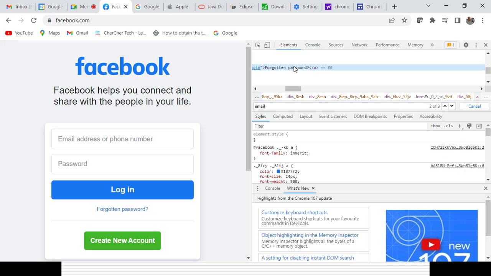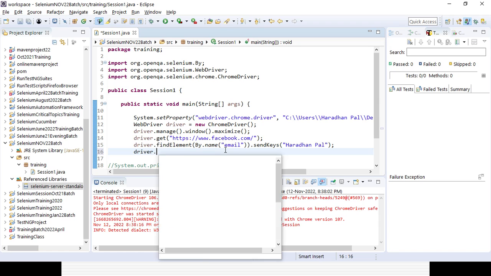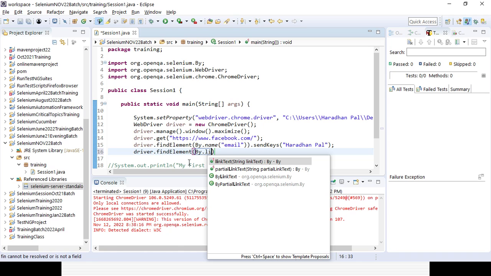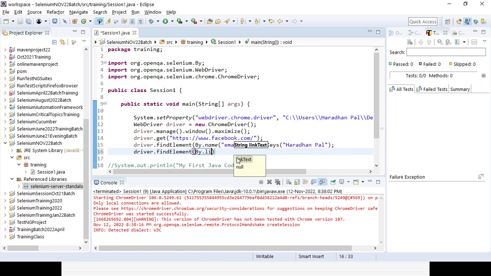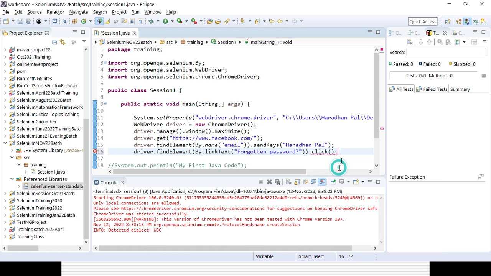In case it's a link or hyperlink, the operation will be click, because you want to click that link. So driver dot findElement, By dot linkText, and here you can give the link text within double quotes, and the operation will be click. Okay.